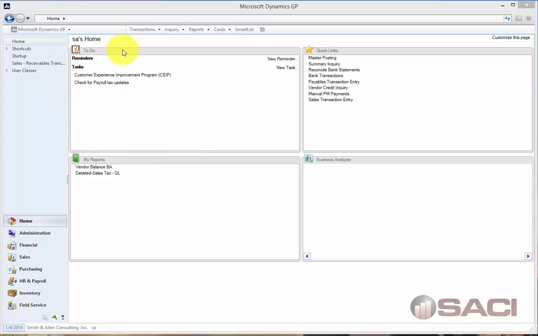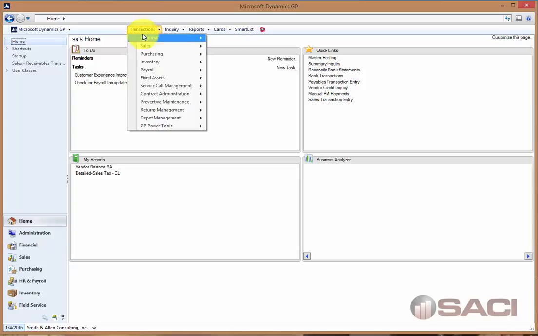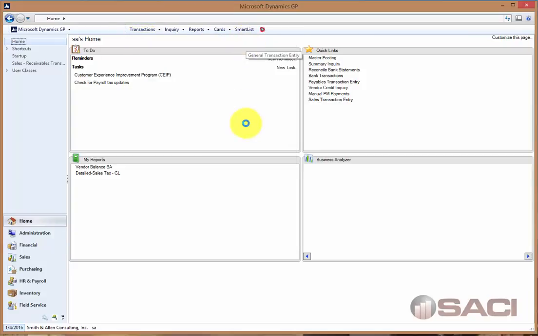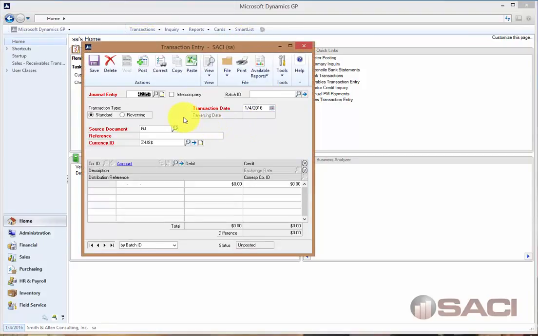So what I'm going to do is just come in, and forgive me for doing it the long way, but this is my real database, so I don't want to do too much. One of the things I do when I'm keying in a date is I just key in the part of the date that's changing. So if the year's not changing, this is set to January 4th, 2016. If I wanted this January 1st, I would type in just the day, and it changes it to January 1st. If I want it to be February 1st, I would do the month and the day, and the year